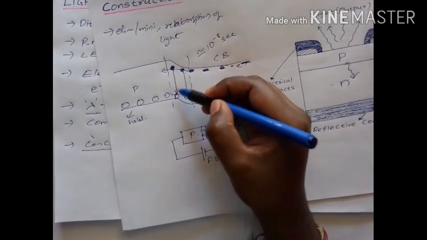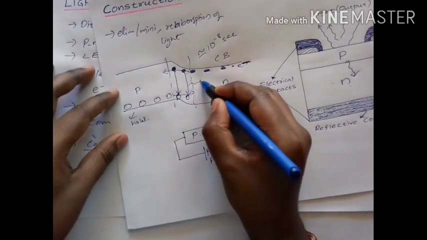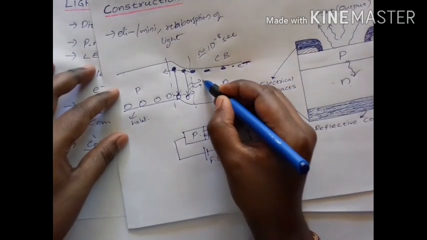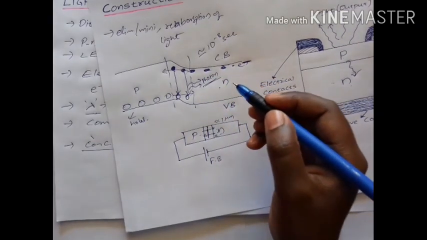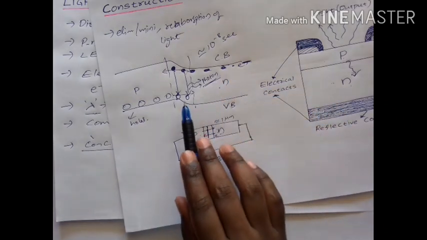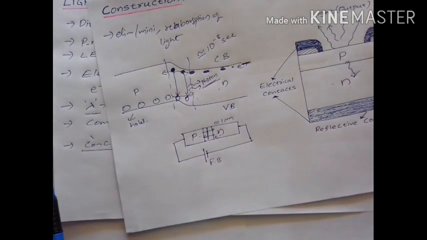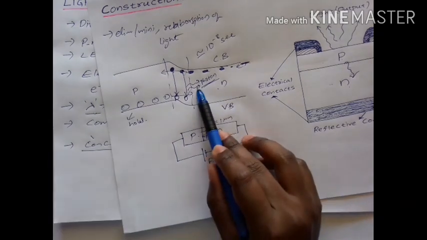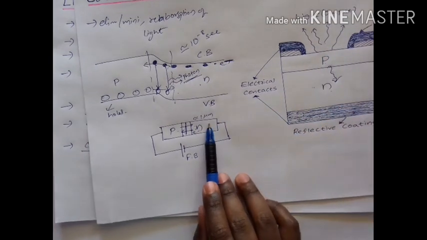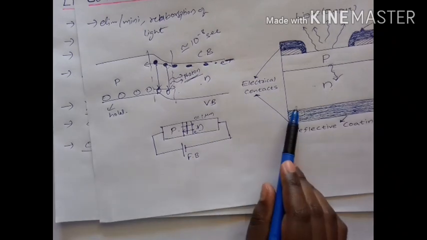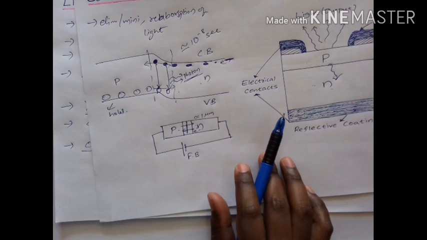So in this de-excitation, what is emitted? They emit photons, not phonons. Why? Because the LEDs are made up of direct band gap semiconductors, and this photon emission is our light coming from our LEDs. So finally, a direct band gap semiconductor which is connected in forward bias will give us the emission of light from the LED.